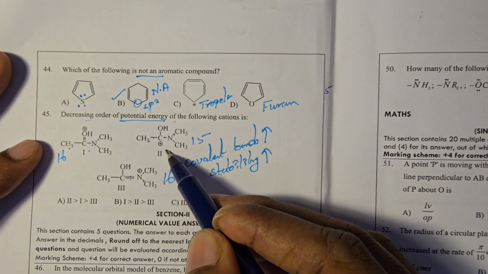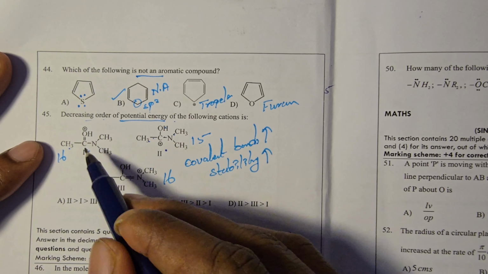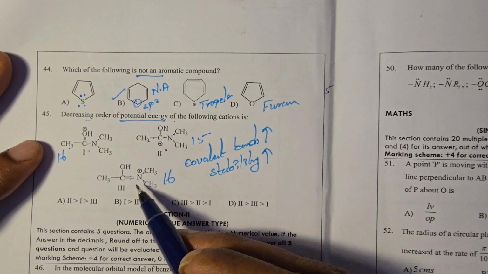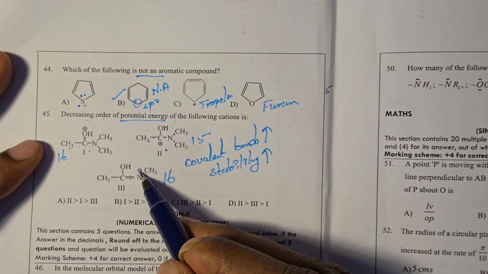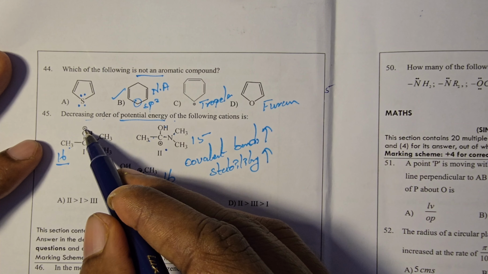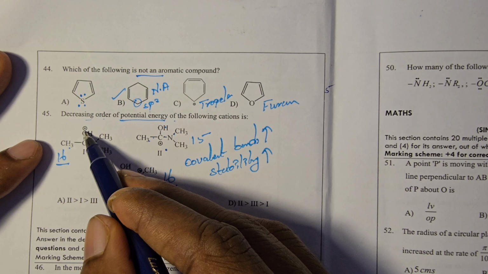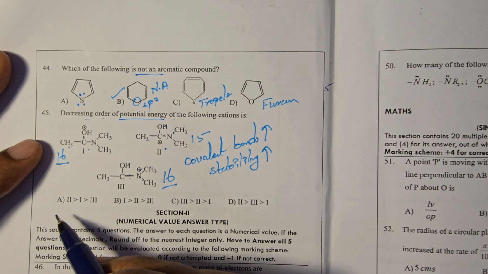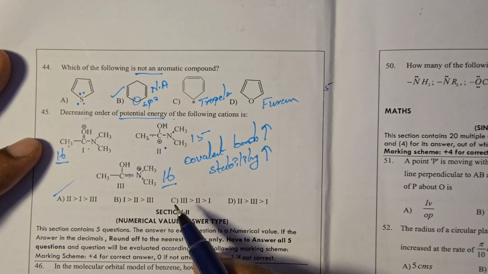So the second one is the least stable, its potential energy is more. Between the comparison, on the oxygen positive charge is present, on the nitrogen positive charge is present, and covalent bonds are the same. On the more electronegative element the positive charge is present, that is least stable. So here option